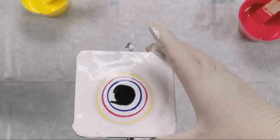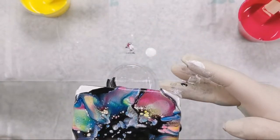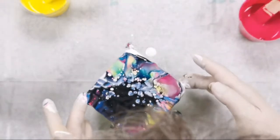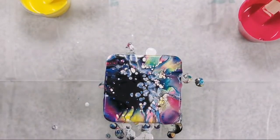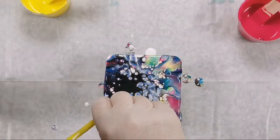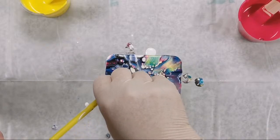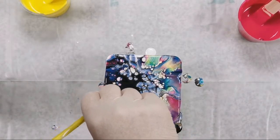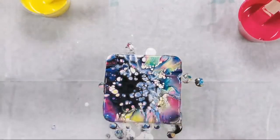I didn't blow this okay, because I just wanted to blow it so that you would see, but you can't. But you can grab a straw or something and try to get some cells out, but obviously, you see,